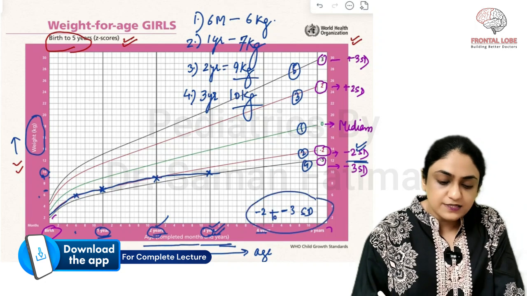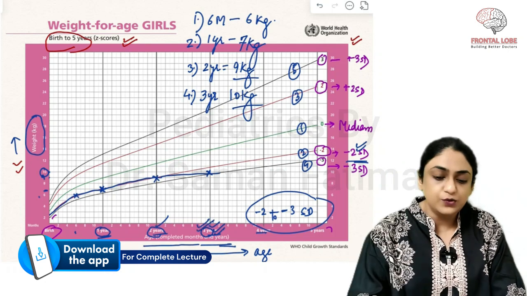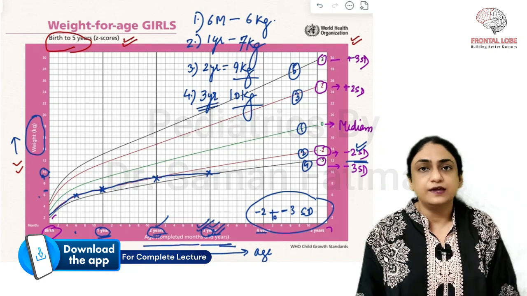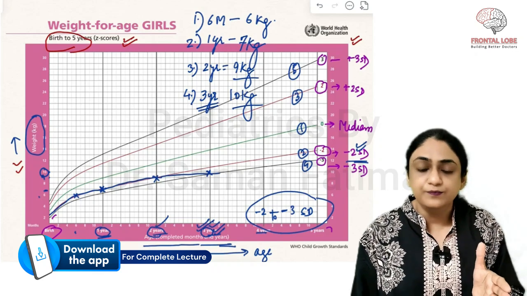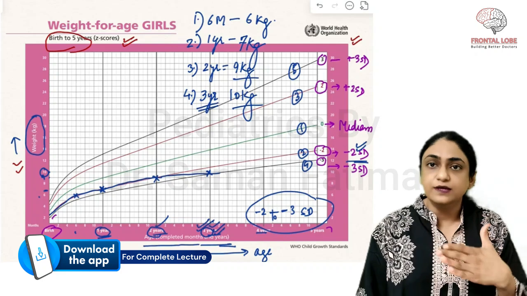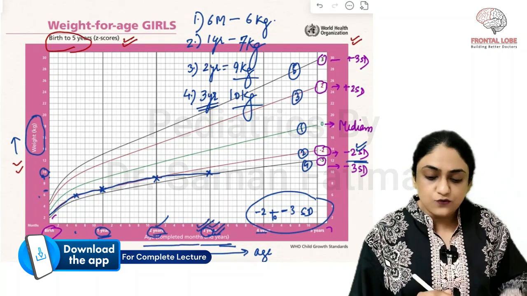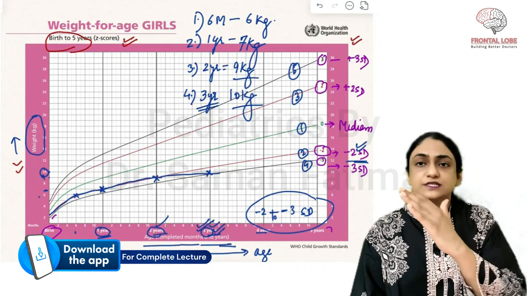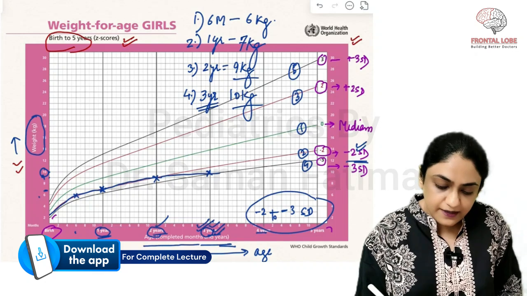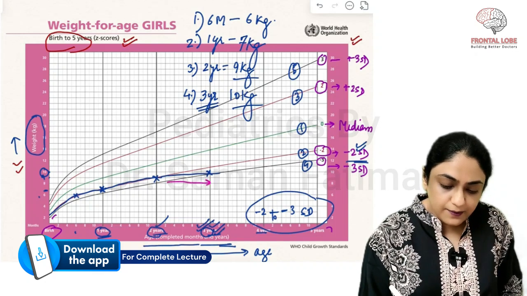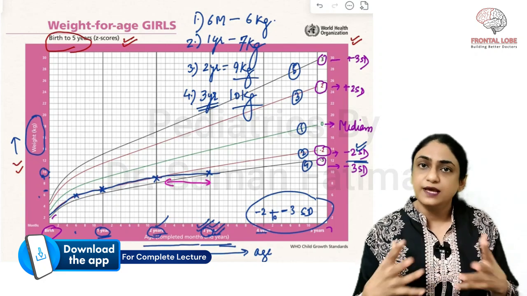Right? With the help of this graph, you have depicted that on her 4th visit, when she visited you at 3 years of age with an episode of diarrhea, the weight of the child has deviated from the curve she was already following. Understood? So earlier she was following the -2 standard deviation curve, and now the curve has flattened. It means she has some illness because of which the growth has been hampered.